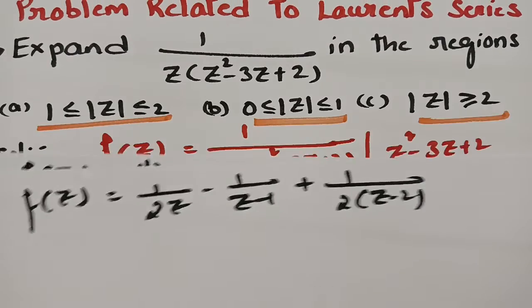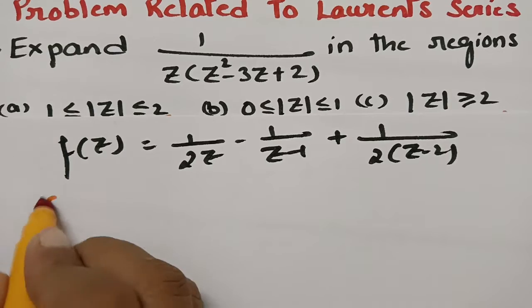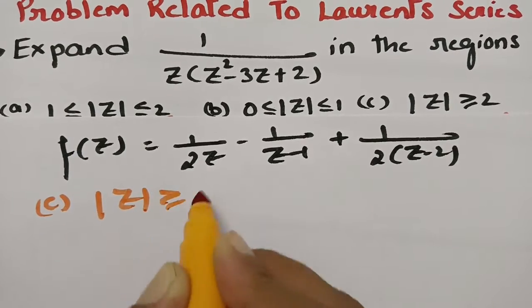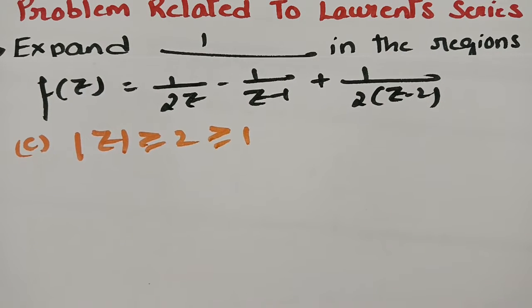And the third case here is mod z greater than or equal to, it is still greater than or equal to 1. Clear? And therefore,